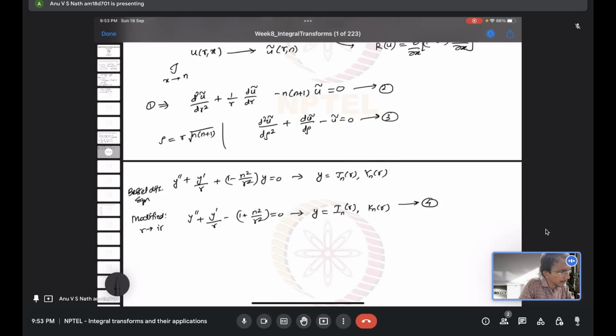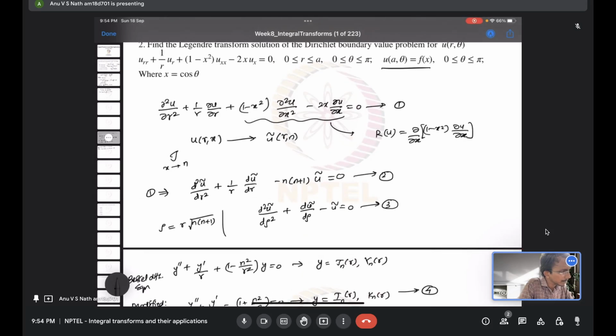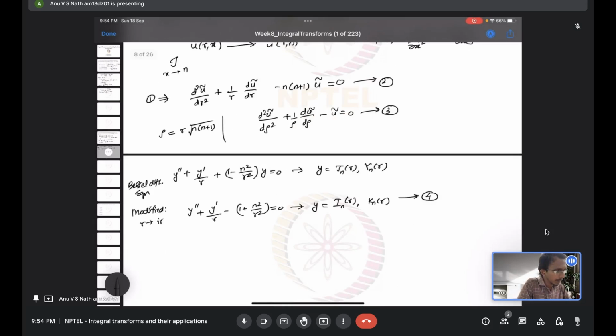Okay, there is a mistake. I forgot to put the rho here. Okay, yeah, there is a rho. Yeah, now it is fine. Yeah, now we compare